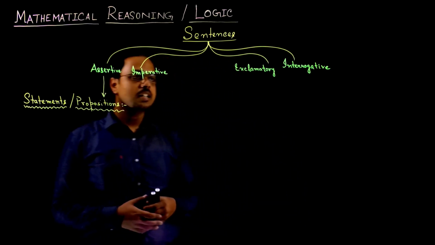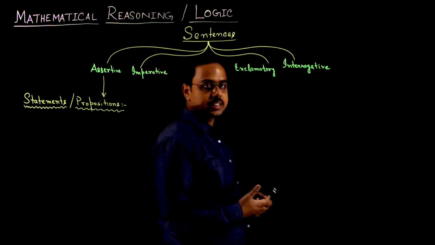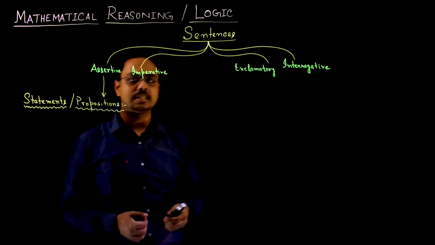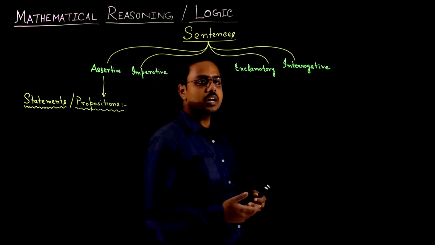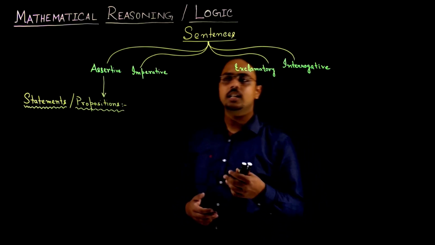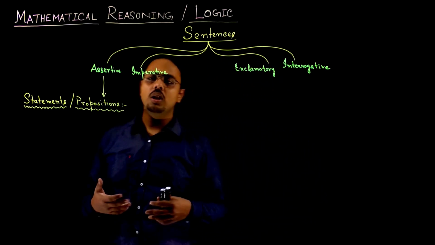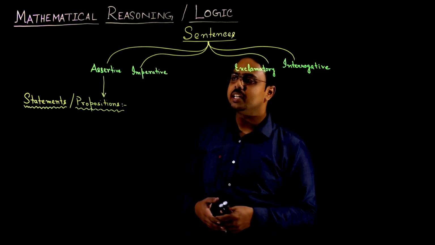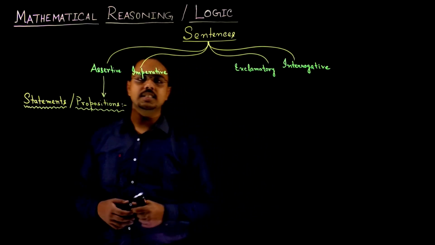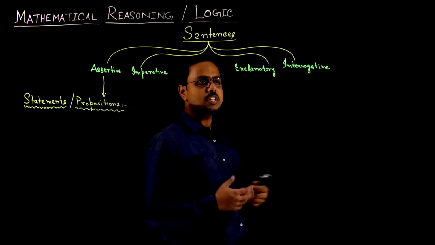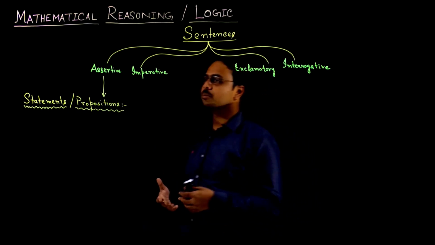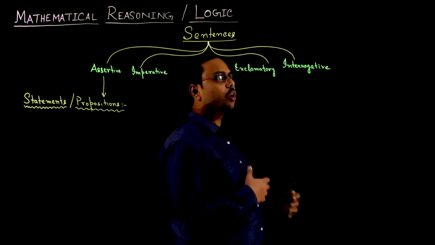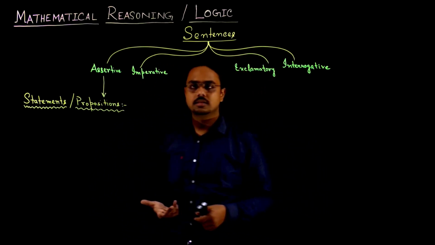We all should know that there are various kinds of sentences. In the English language also, we know that there are various sentences like the assertive sentence, the imperative sentence, the exclamatory sentence, the interrogative sentence. These are all different kinds of sentences. So what is an assertive sentence? An assertive sentence is a declarative sentence by which we generally declare something or state something. So it is also known as a statement.